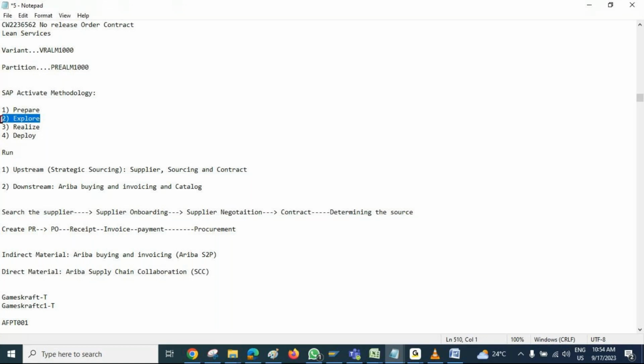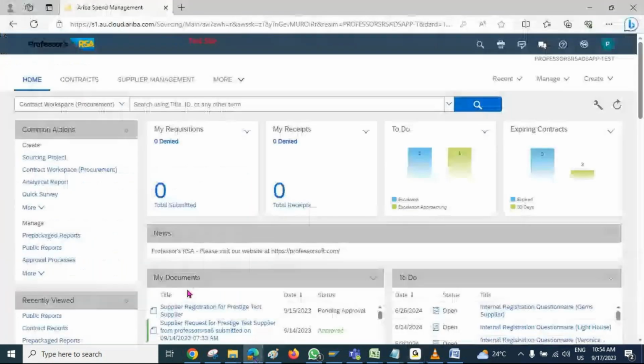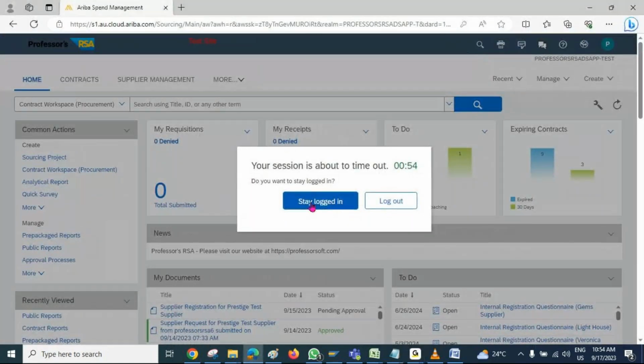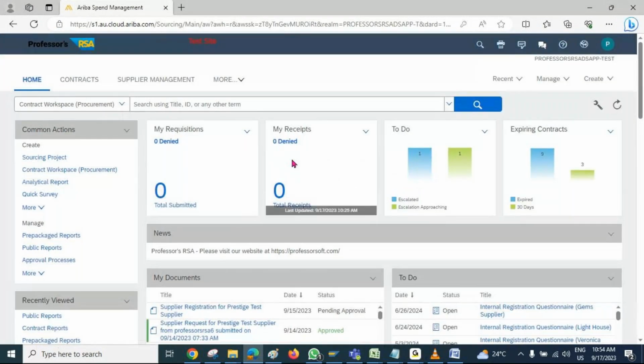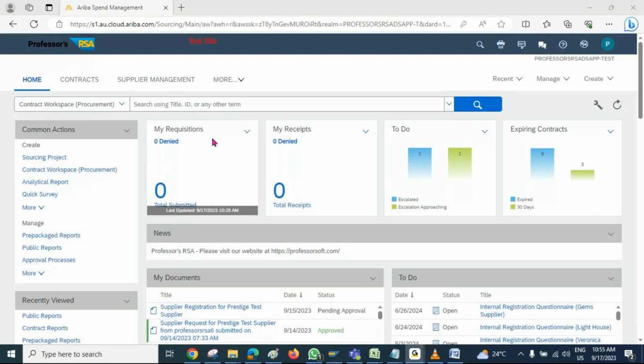This is also called the fit and gap analysis phase. In this phase, we have to capture the customer requirement. Now let's assume you are the customer, and I'm working as an Ariba consultant. I'm showing you this Ariba system and asking: can you please tell me your requirement? How do you want to process the supplier activities, how do you want to perform the negotiation activities, how do you want to handle the procurement activities? Are you in a position to give me the requirement? No.